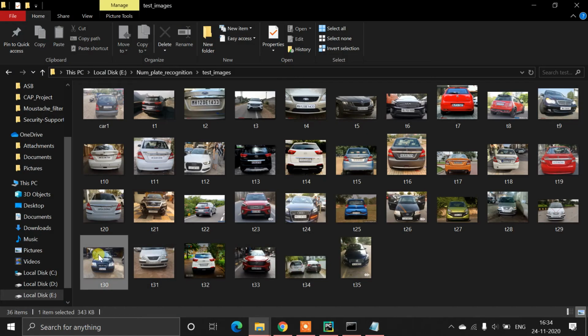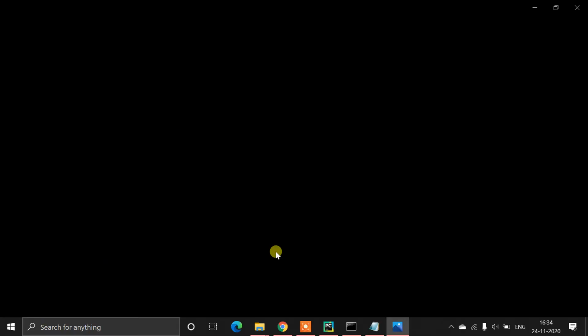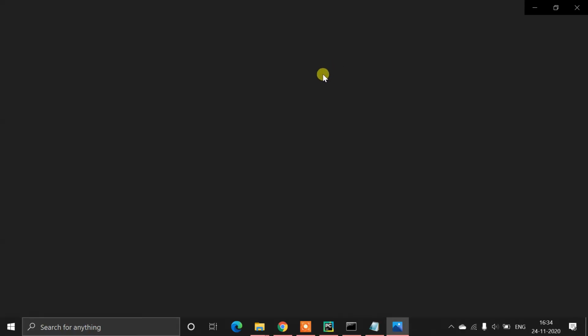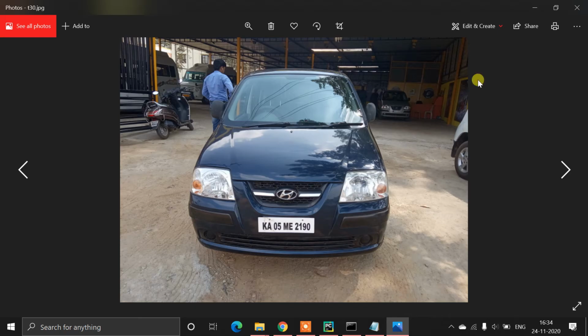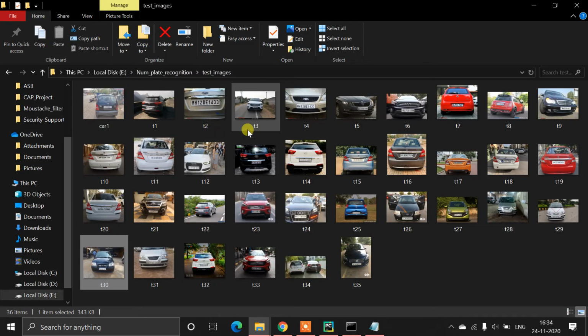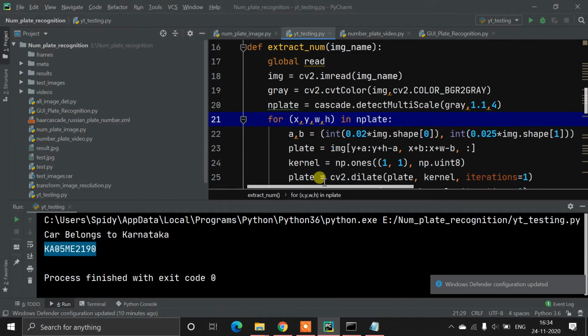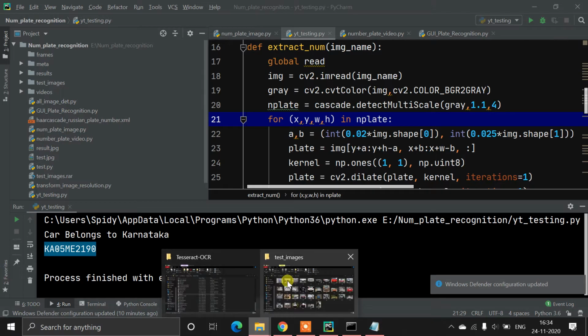Now we humans can recognize this is the number plate of the car, but how will the computer do it? It is the same concept as simple face detection. If you know about face detection and how it works, good; if you have not watched that video, first watch that video on face detection. You will understand how number plate detection works, as the concept is very similar. So now from this car image, we can get the number plate. So how will we get our number plate? Let me clear this.